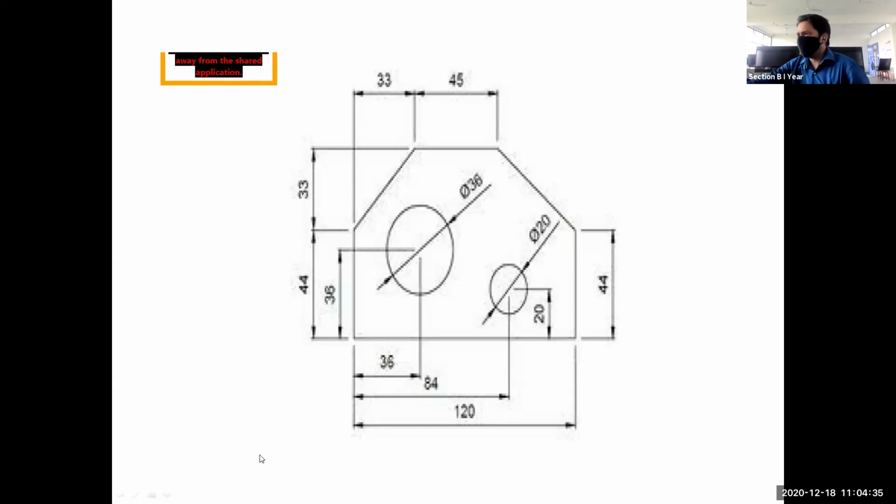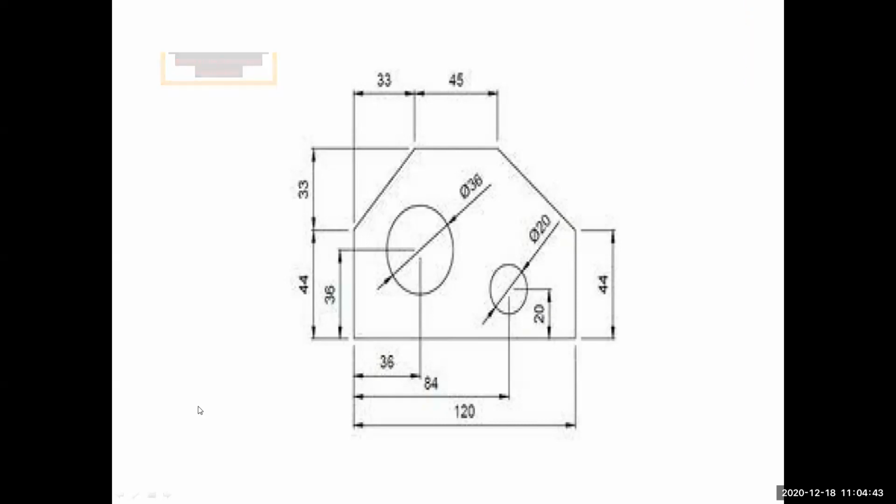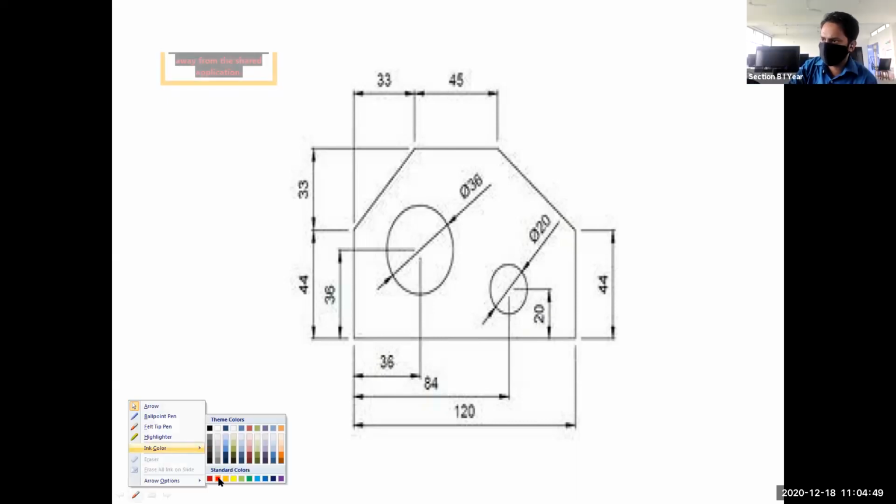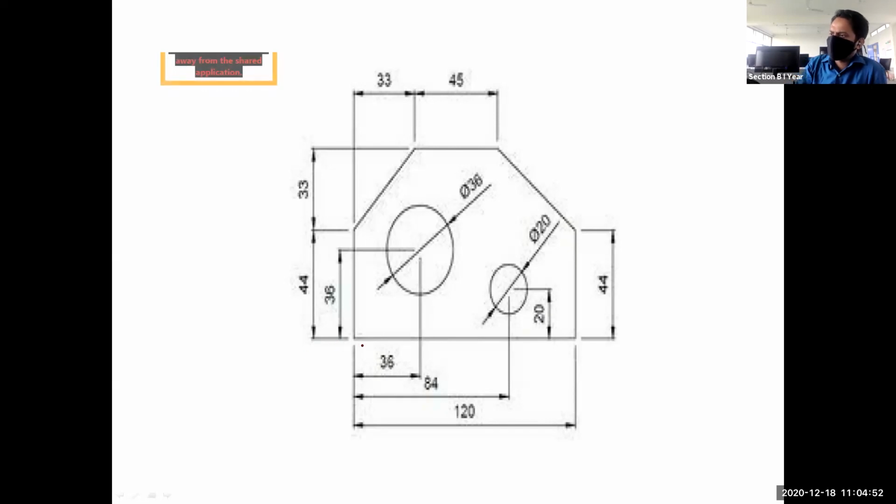Okay, so let's see how we can draw this figure in your AutoCAD software. Okay, all the dimensions are given. Suppose, using the conventional method, as I have told you, there are four methods using which we can draw the coordinate system. So initially you can consider this as origin and you can write the coordinate of each and every point. And then you can follow your absolute coordinate system or relative coordinate system or polar coordinate system. Okay, but the fourth system that I have told you, that is your direct coordinate system.